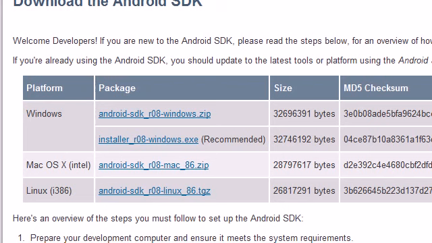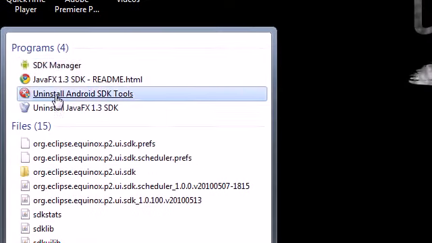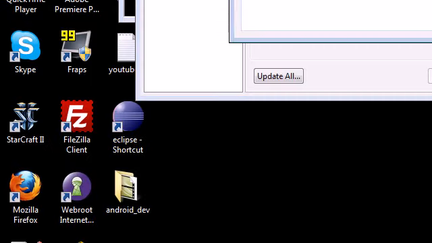Now once you're in the wizard, you just got to hit next, next, next, install, next, and once you're done installing that, it's going to give you a program, and this program should automatically open, called the SDK manager. And if it doesn't automatically open, just go to SDK manager in your programs and you can open it this